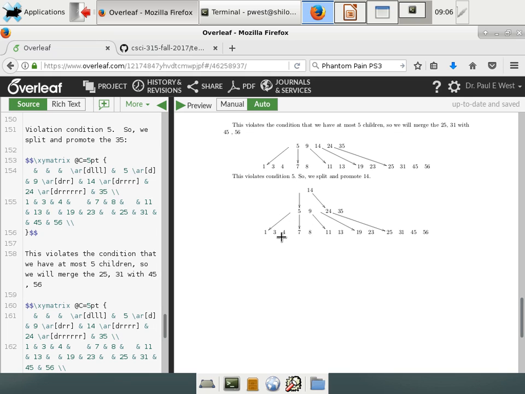Left of the 5 goes to 1, 3, 4. We're good there. After the 5 goes to 7, 8. We're good there. After the 9 goes to 11 and 13. We're okay there. After the 24 should go to the, where should that go? Well, it should go to the 25, right? Right. So that's okay. So really after the 35, we have an arrow going nowhere, but what has happened is